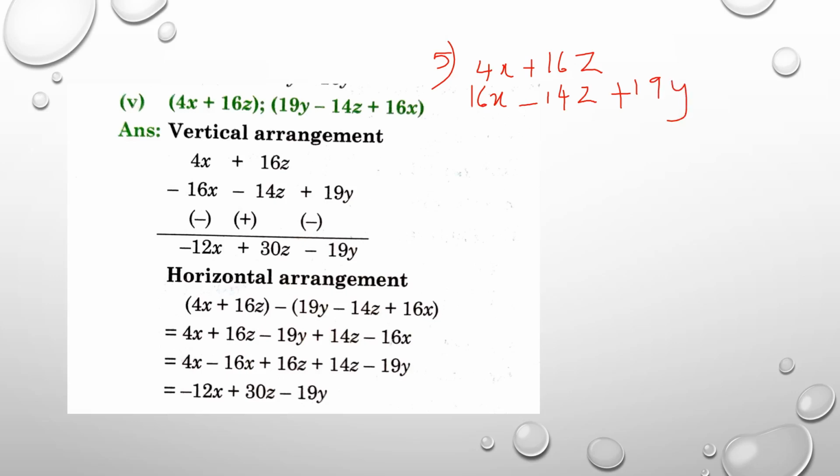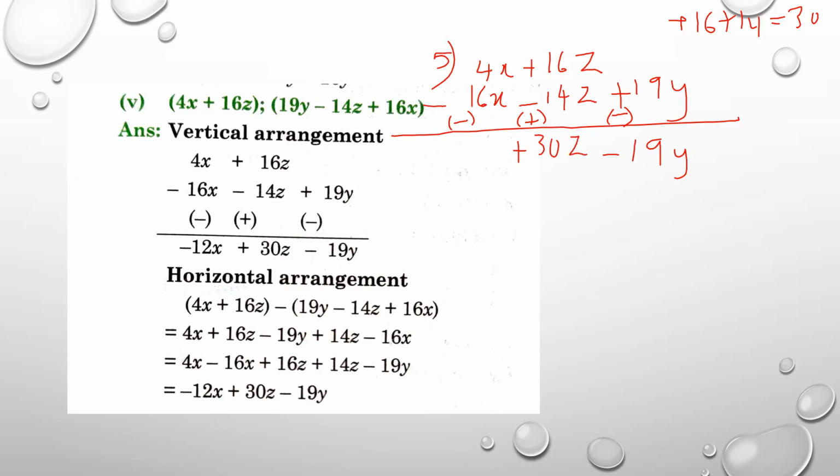You have to do the subtraction. So when you will do the subtraction, the second expression sign will change. Okay. So your plus, here it will become minus. Your minus is there, so it will become plus. And your plus is there, it will become minus. Okay. Now, so 19y will come down. Now plus 16 and plus 14. So 16 plus 14 is what? 30. So plus 30 will be there.